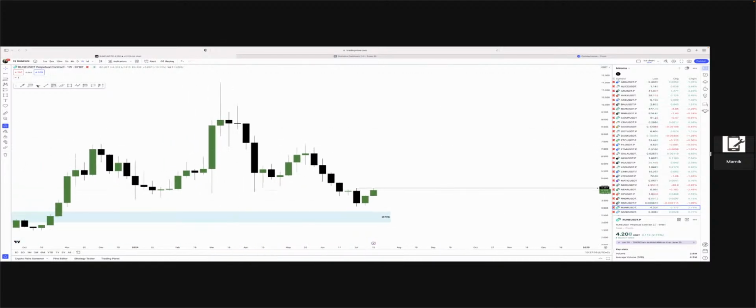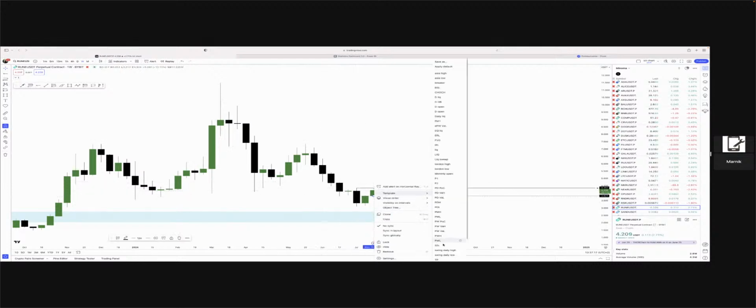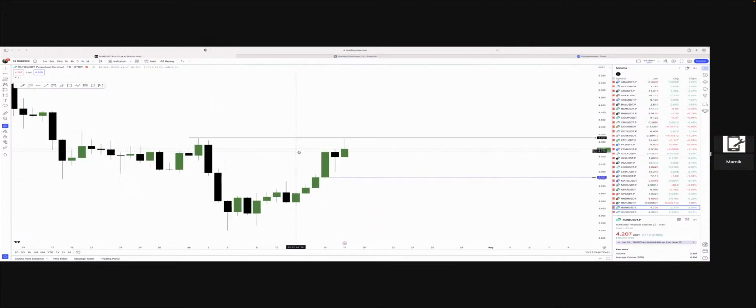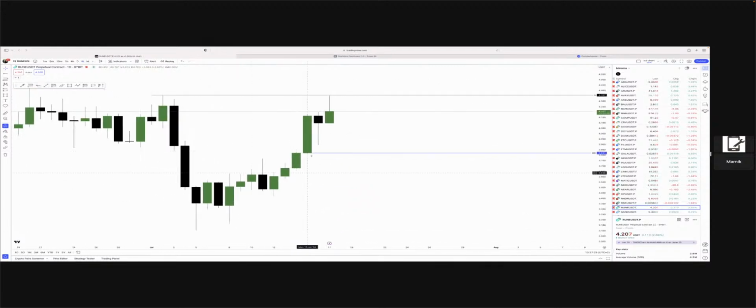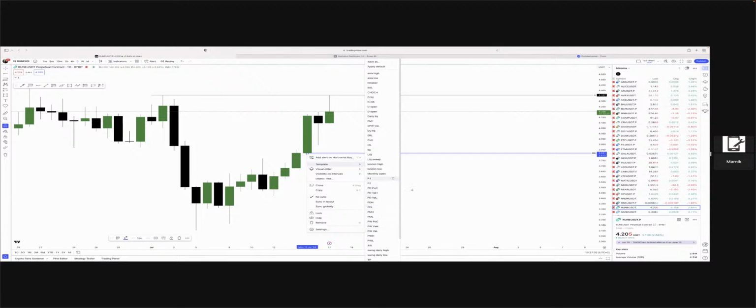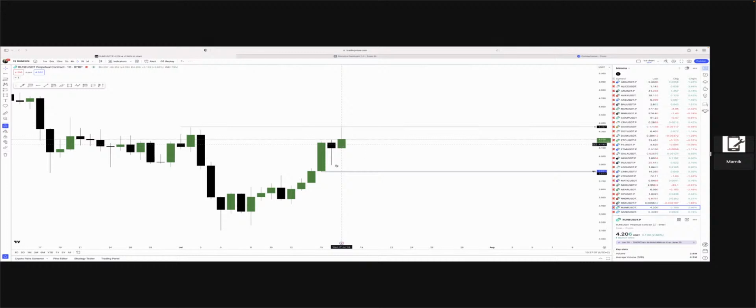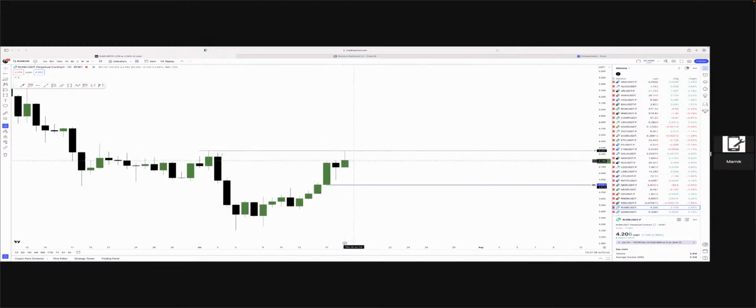We have a weekly open here. It's a weekly open. Mark out the blue. And we have also here the weekly P1, P1 just below that weekly open. On the daily, we didn't take out this liquidity, and we have also resting there some